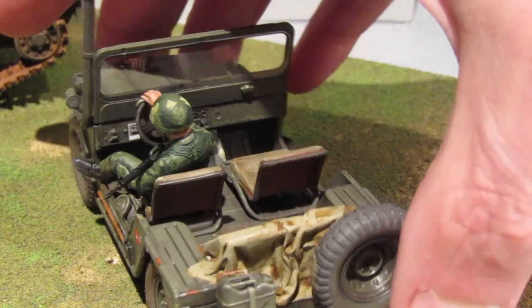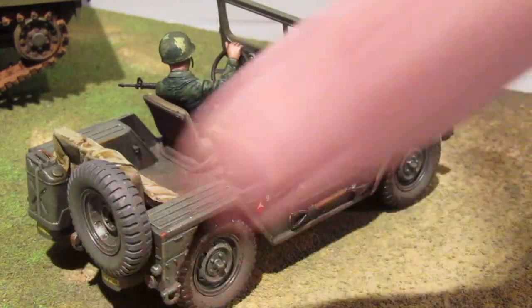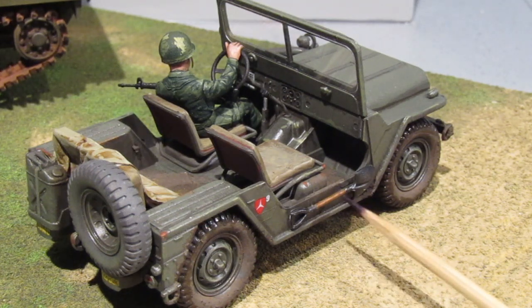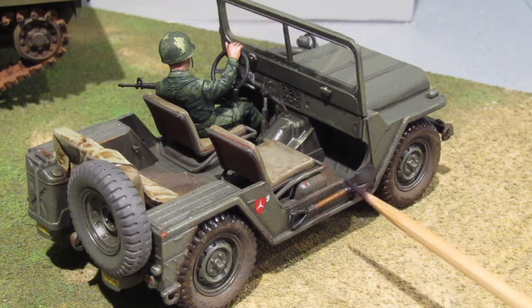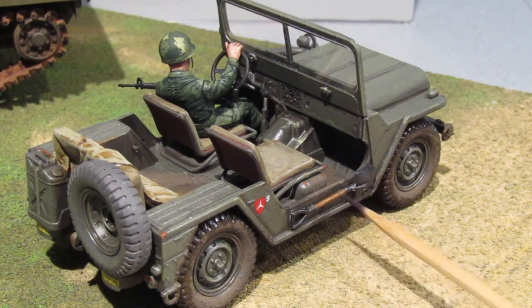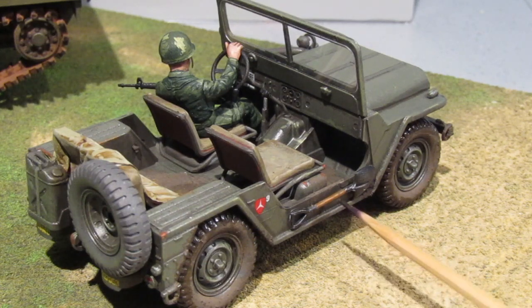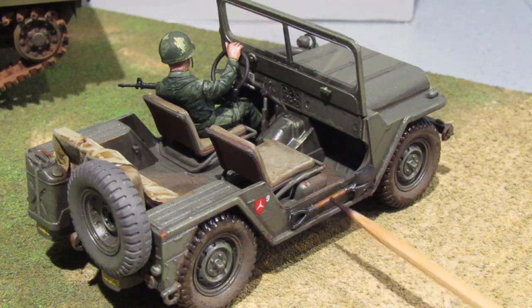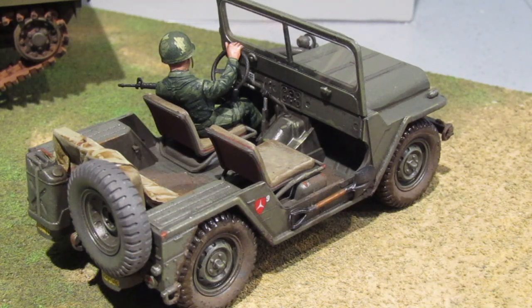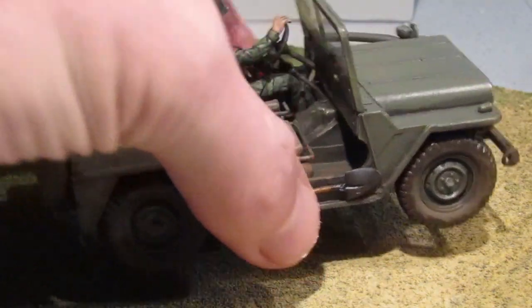Just bring it round a bit more so you can see the other side. I quite like the wood effect that I managed to get on the tools. Here we've got the shovel, on the other side we had the axe. That was quite good. That was just a dark brown, I think Games Workshop dark brown, and once that was dry I just got a very thin brush and did a dotted line on a couple of points to try and give the wood effect. The symbol here is for the United States Marine Corps. If I bring it round completely,